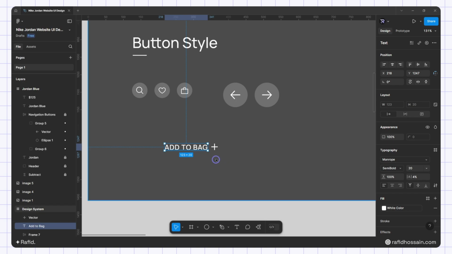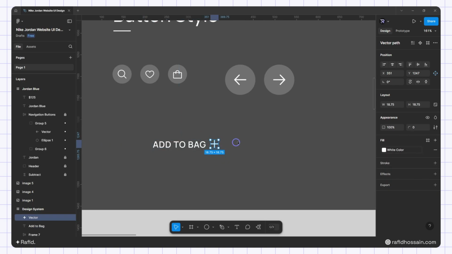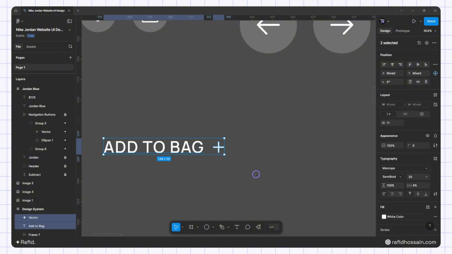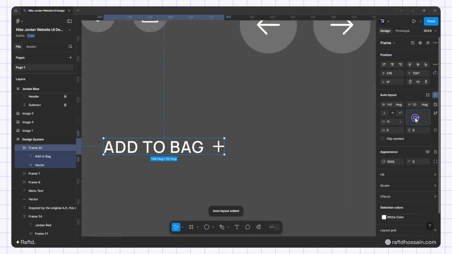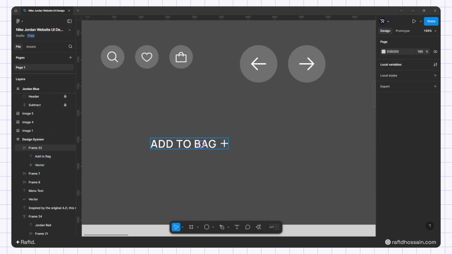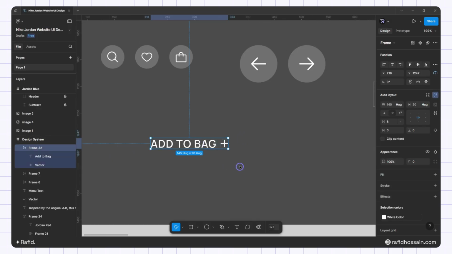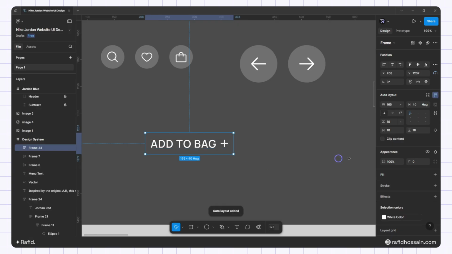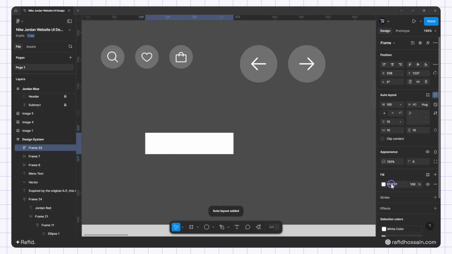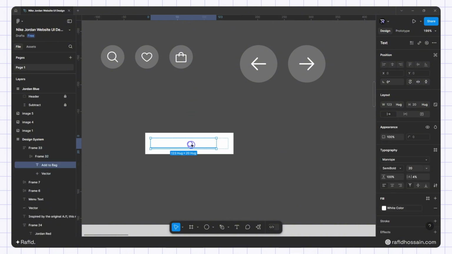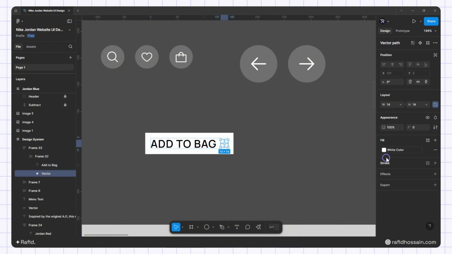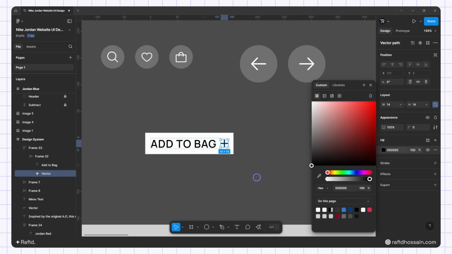So the button icon size is 14, so I'll lock this aspect ratio and make sure this is 14 like this, and I'll select both of them and make sure this is on auto layout and making it center, and I'll add 8 pixel to space between like this. Now I'll select this one and make sure I again add auto layout, and I add fill to white color like this, and I'll change the color to dark color like this,